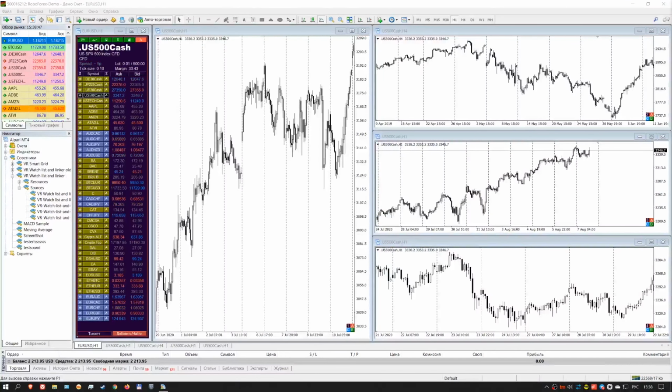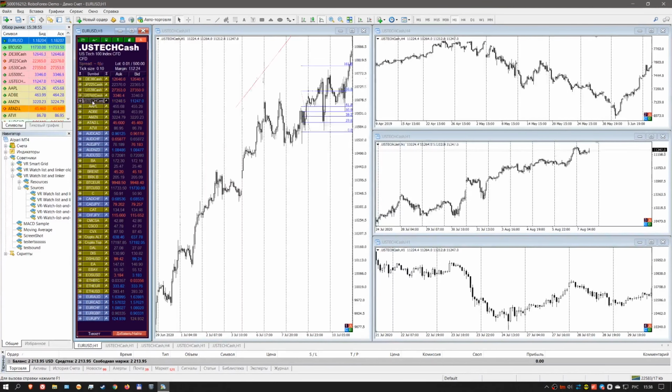Lesson number 4. Watch list overview. Watch list is a list of financial instruments. For each tool, the watch list shows the title of the ticket, full name of the financial instrument, type of financial instrument, in my case CFD,